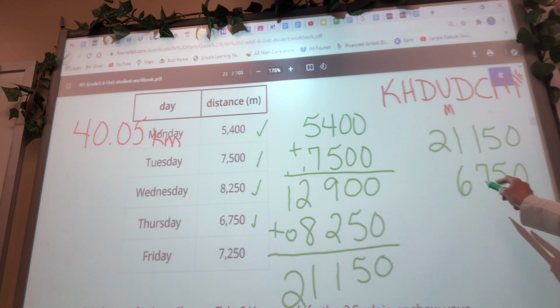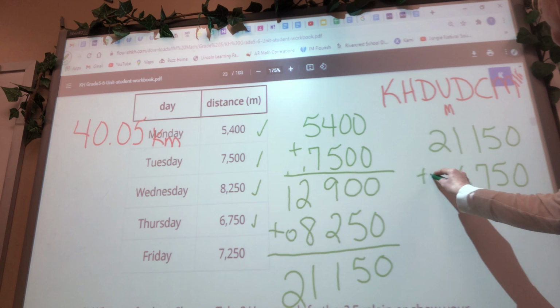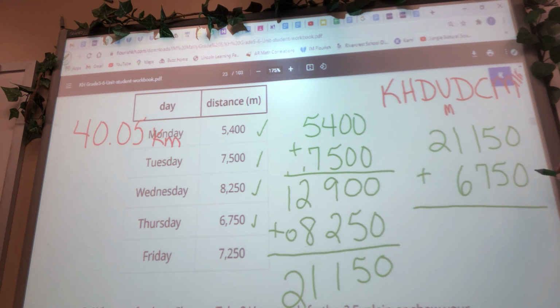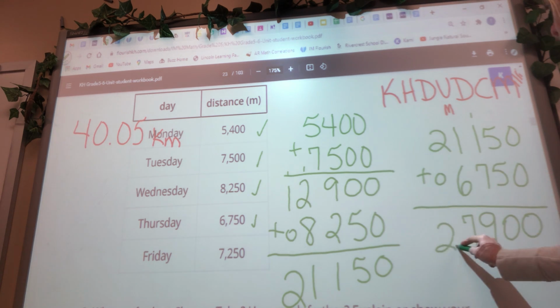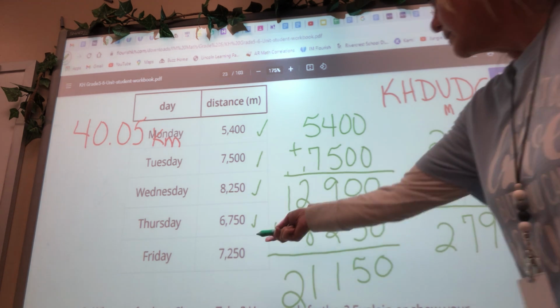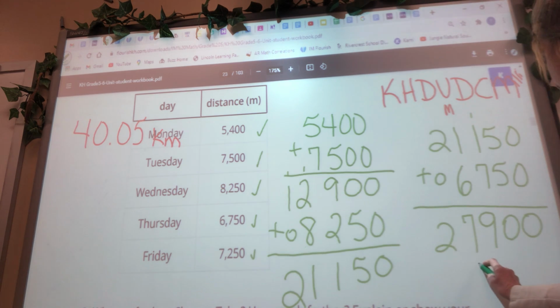And we're going to take care of this one, 6,750. Make sure you keep your place values in line. 0 plus 0 is 0. 5 plus 5 is 10. Carry the 1. 1 plus 7 is 8. Plus the one you carried is 9. 1 plus 6 is 7. And 2 plus nothing, or 2 plus 0 is 2. And then finally, our last day, Friday,